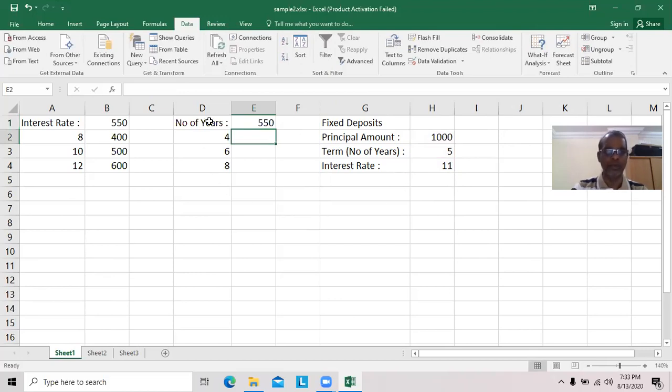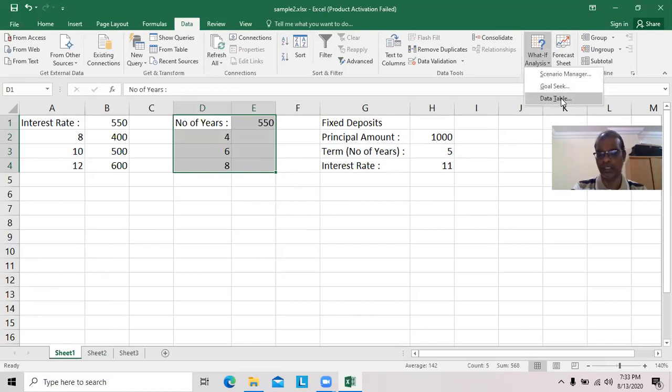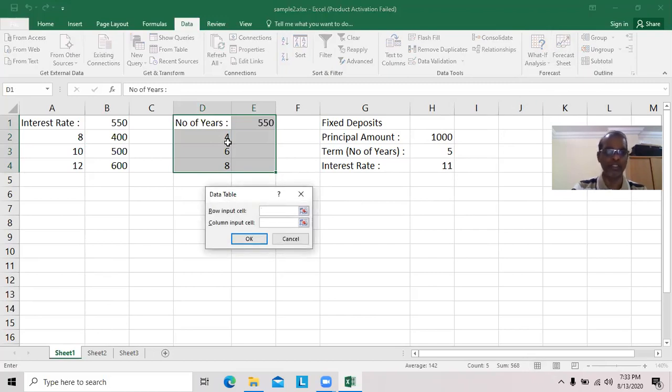That's all. Now we have to select here this one. This we are having E1, we are having one formula. In that formula, we are having three variables H2, H3, H4. Here D2 to D4, we are having different values. That value should be replaced for H3. Okay, now go here and then data table. Now also values are placed column wise. Click it here. Instead of H4, now we have to select H3.